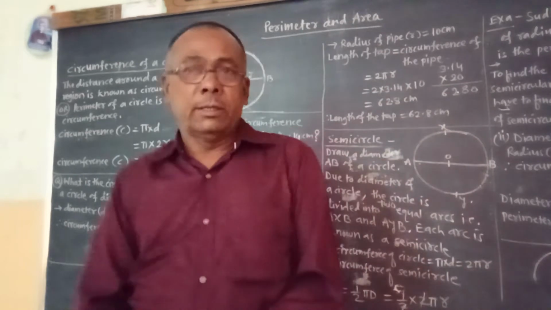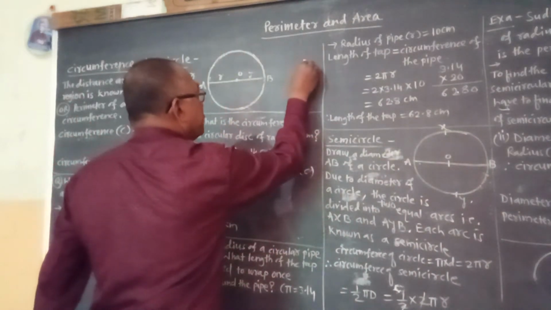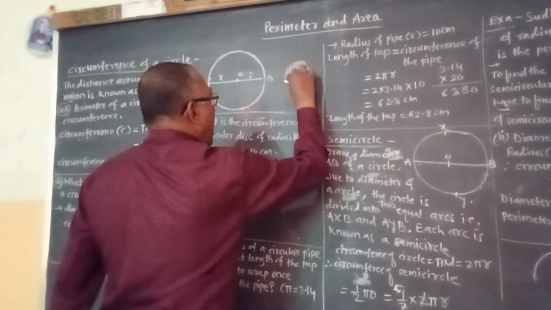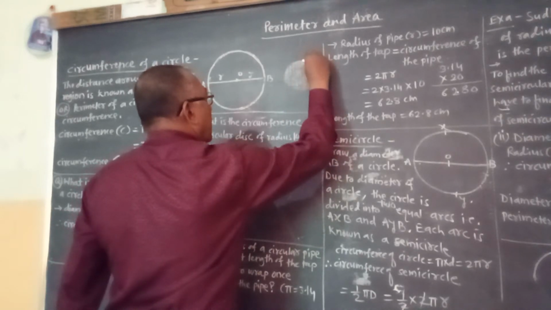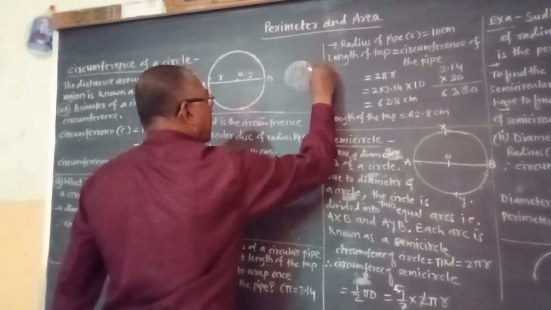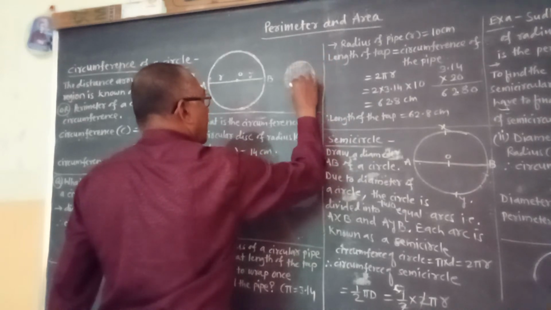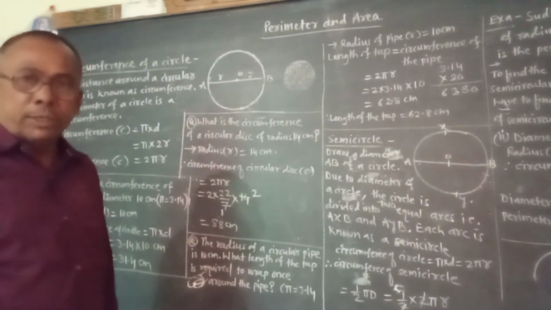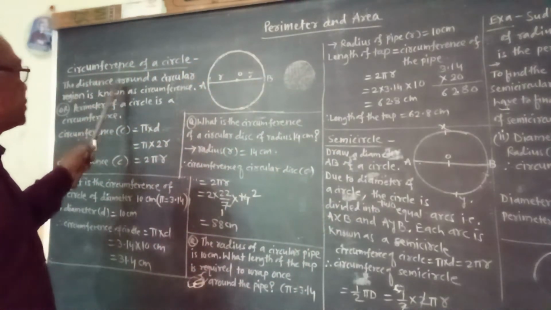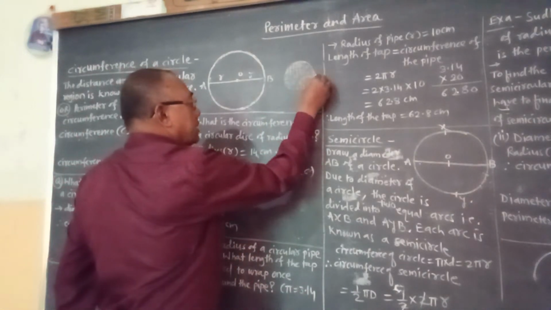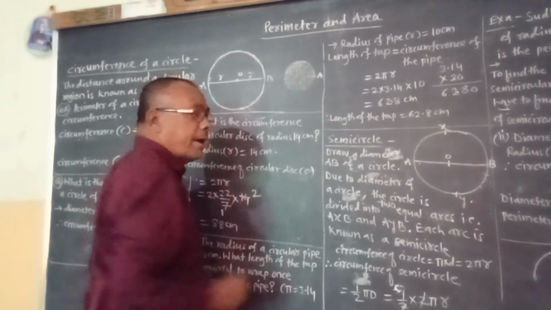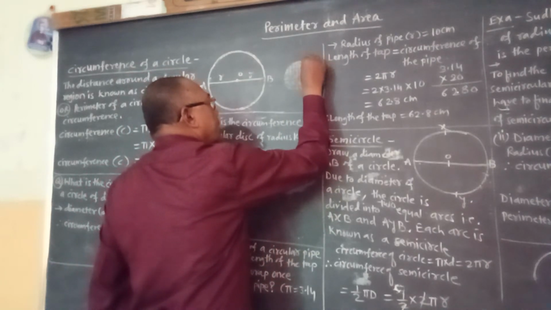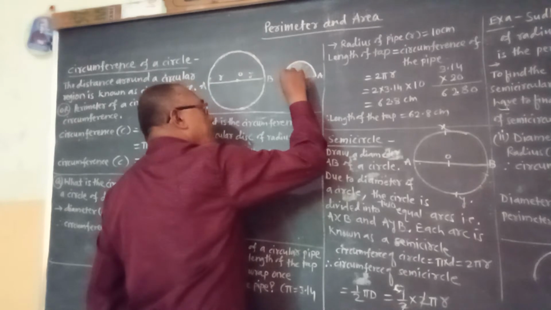For example, if this is a circular region, and the distance around means if we start from point A, and if we measure the distance around this